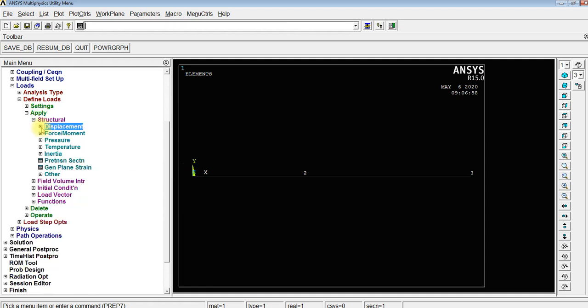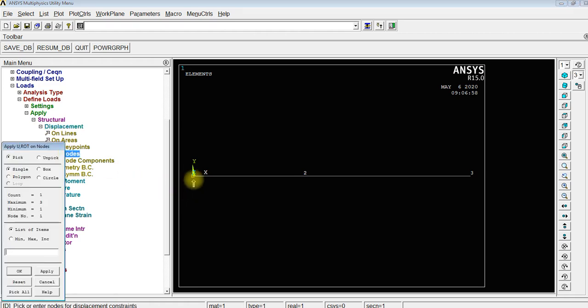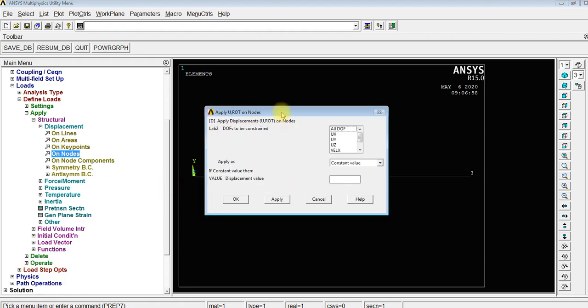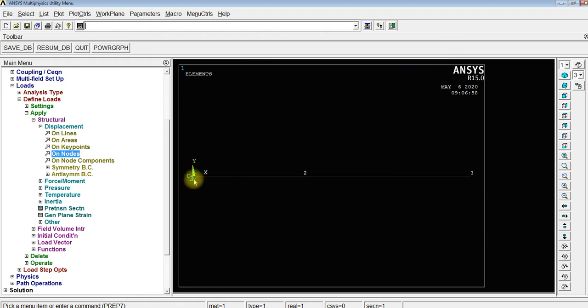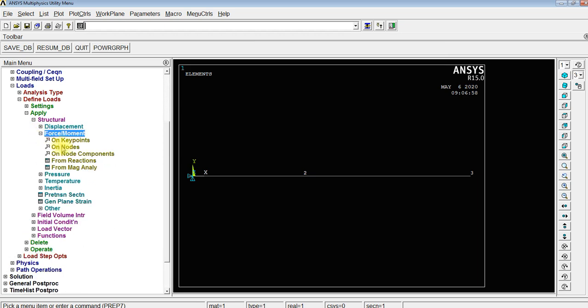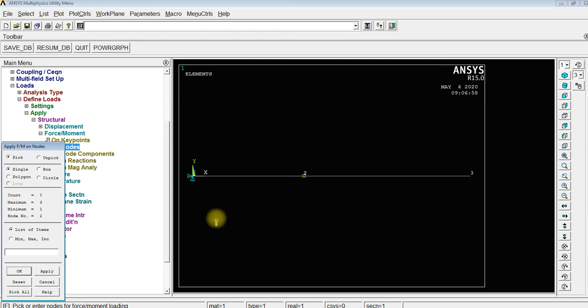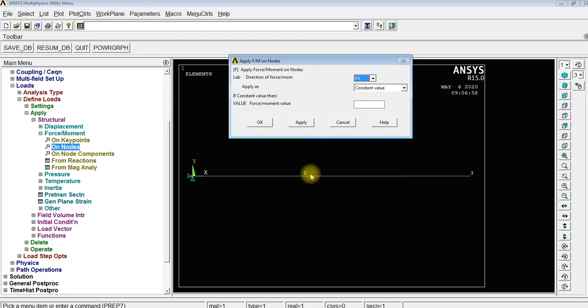So we will restrict its displacement on this node. Restrict all degrees of freedom. Okay, all degrees of freedom are restricted. So displacement is complete. Now we will apply force on this node. We will apply the load in the x direction.